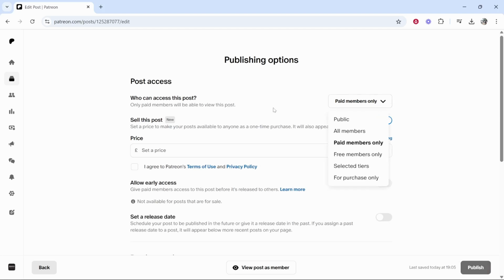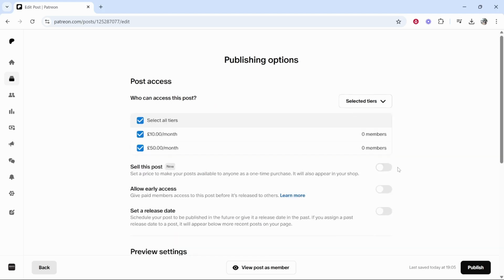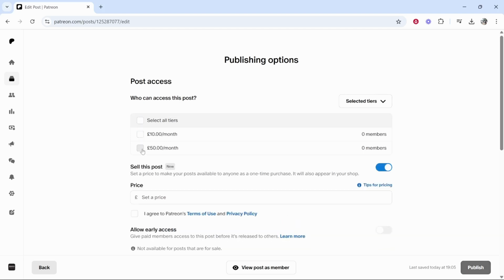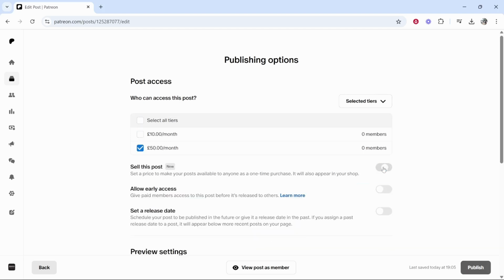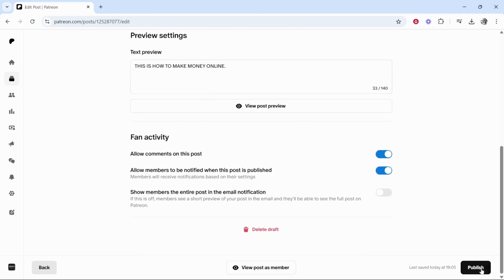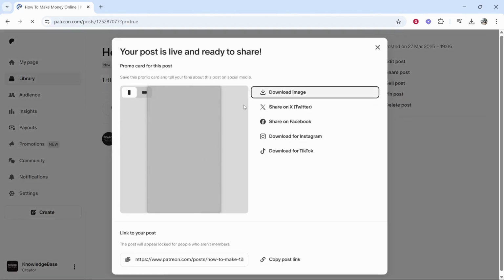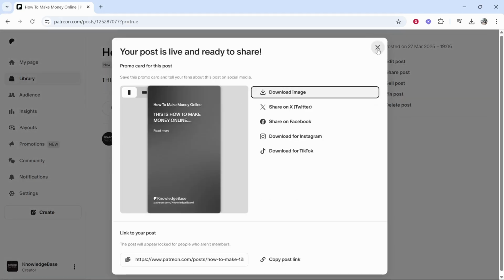And here you've got the option here to limit who sees this. So I can put this as a public post. So when someone goes to my Patreon account, everyone will see it. Or I can change it to all members. And these are going to be like the free subscribers. I can change it to paid members, free members only, or selected tiers. So let's say I only want you to see this if you're paying £50 a month. I can uncheck this sell post, and we can go ahead and make sure this is all good, and we can publish this. Now this post will only be available to the people who subscribe to my £50 a month